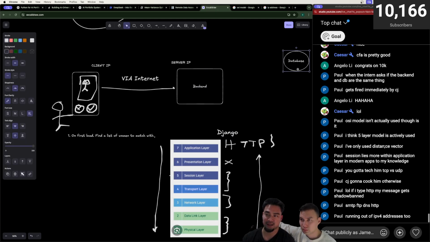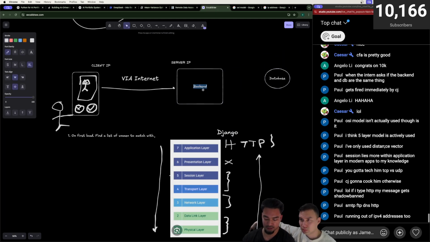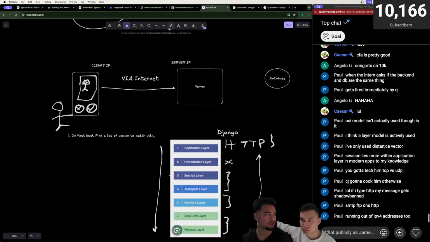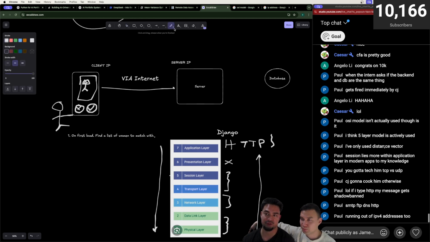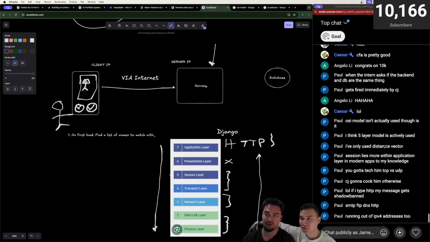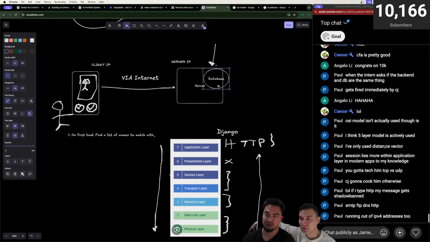Okay, so the backend is essentially just a server, right? What's a server? It's just a strong computer, essentially. You could think about it like a regular PC, but optimized with different components. It's designed to serve other PCs. It has different strengths than a regular PC. So if I stored my database in the server, what does that mean?